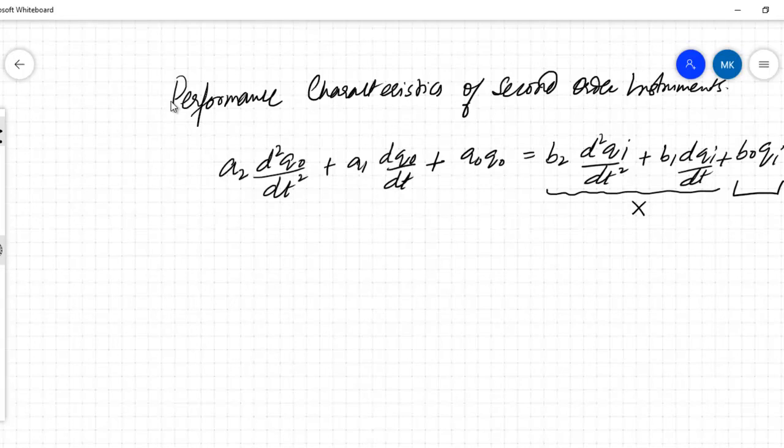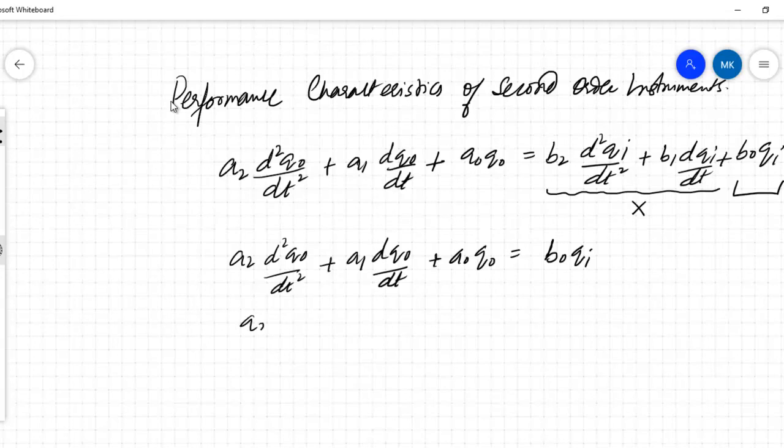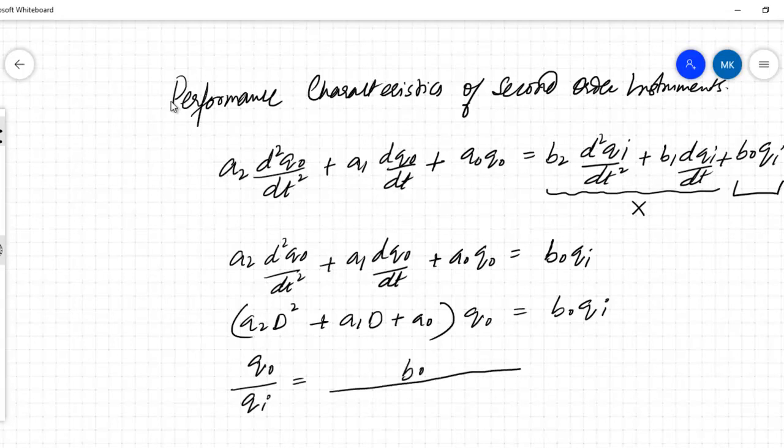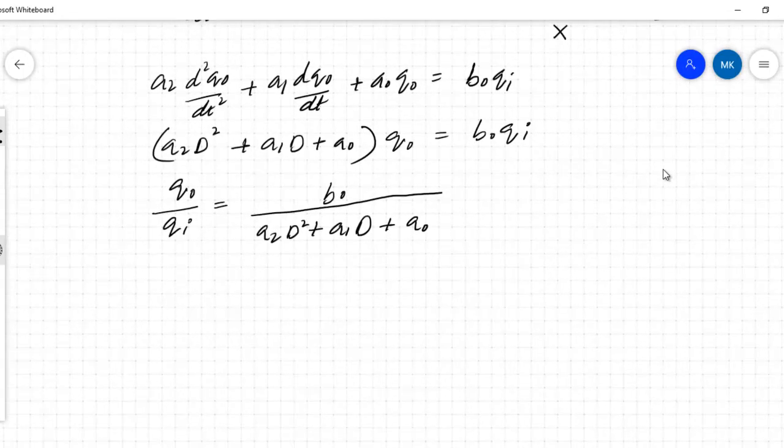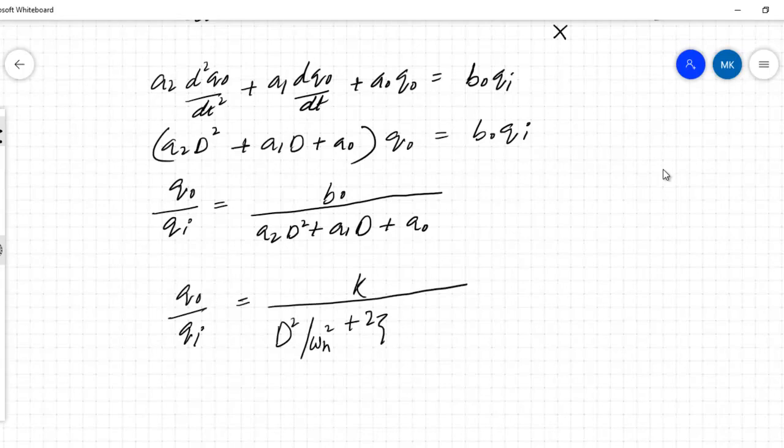So this equation would reduce thereby. Alright, so this can be simplified further as A2. Then this can be put in this form. So the relation between output and input is given by this. This can be simplified in this form. So we're writing this in the more standard form,